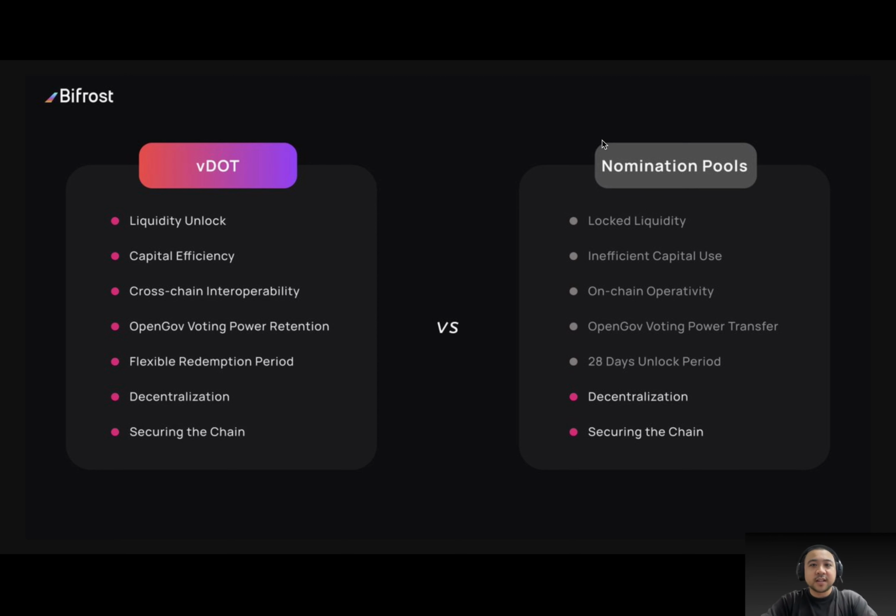And then on the other side, we have nomination pool, which locks your liquidity, right? Your liquidity is locked in for 28 days. And it's there, right? It's essentially dead liquidity. That means it's inefficient, a very inefficient use of capital. There's only so much you can do with that, right? Stuck to one chain on Polkadot, of course,